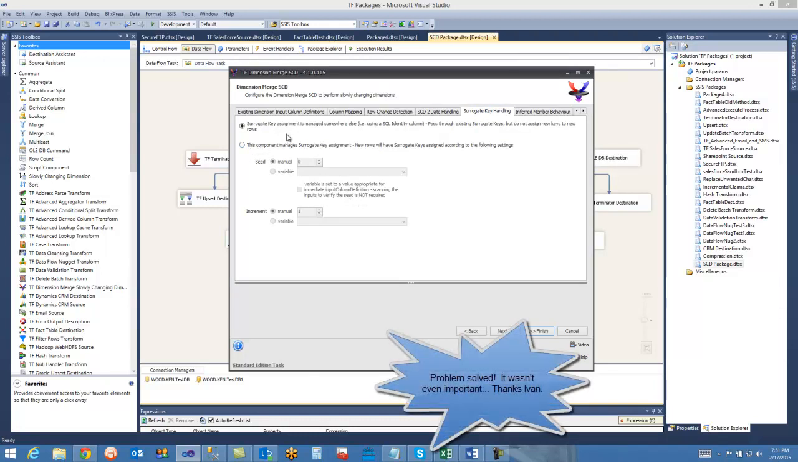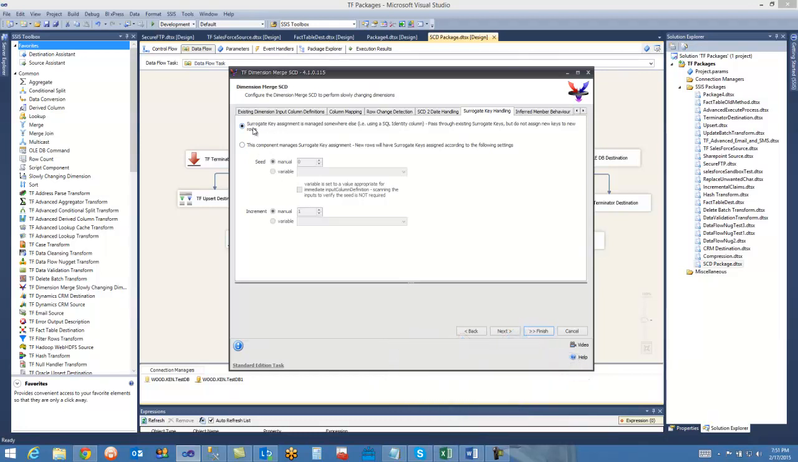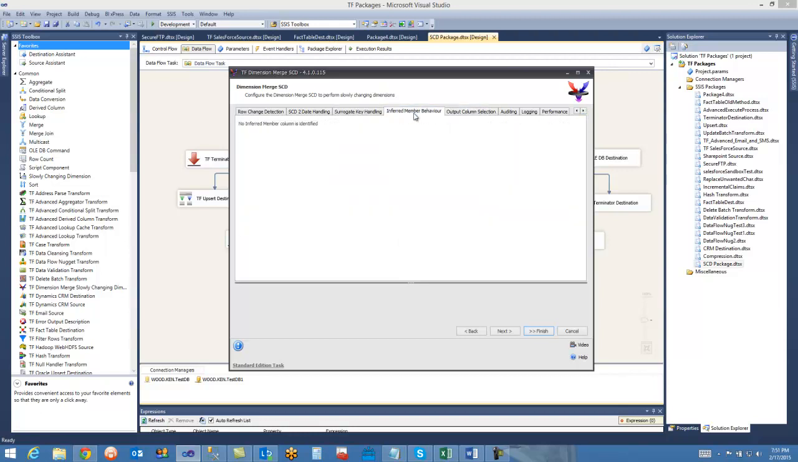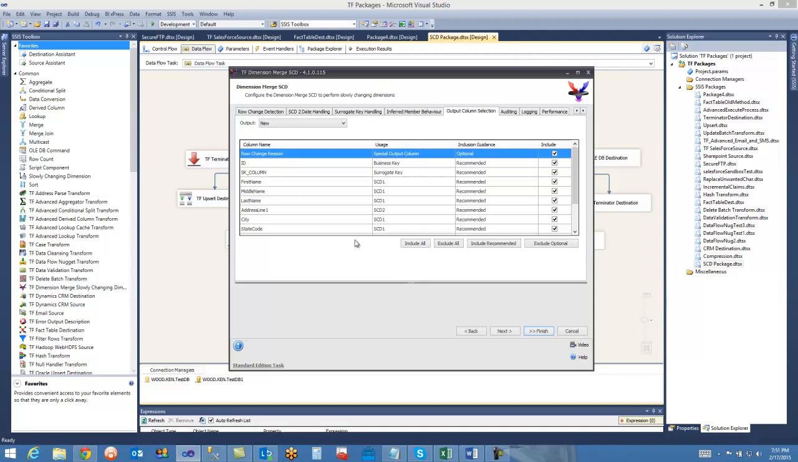This is where surrogate keys are handled, but really best business practice is to leave the surrogate key assignment to be managed somewhere else, as selected. The only other tab we really need to concern ourselves with, unless you have inferred members, is the output column